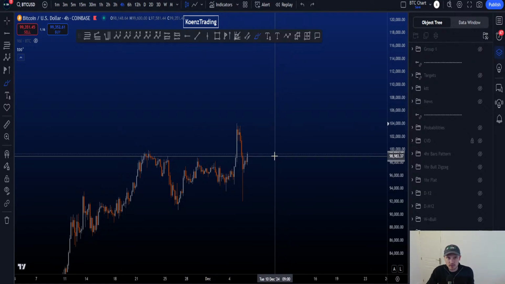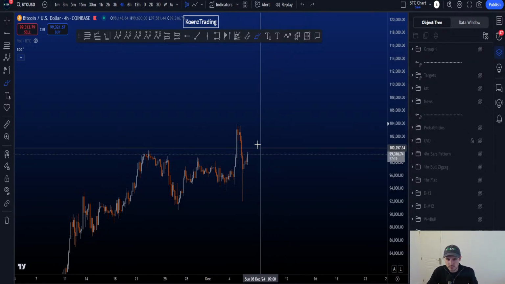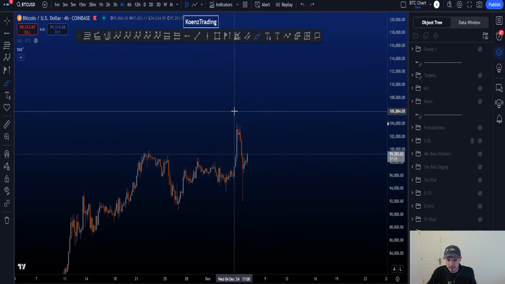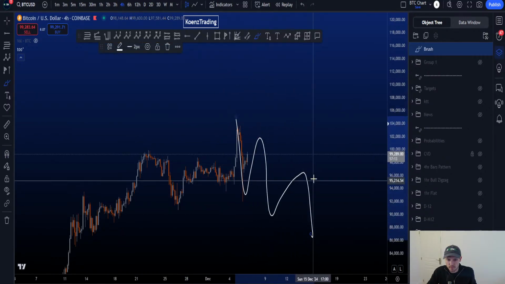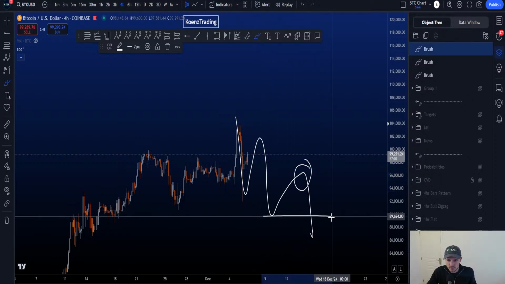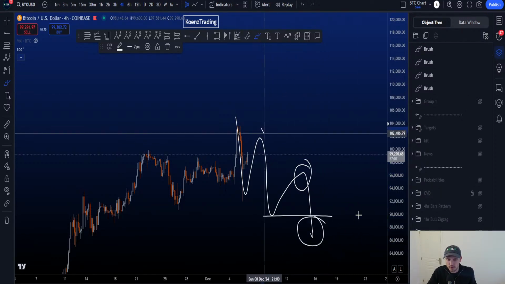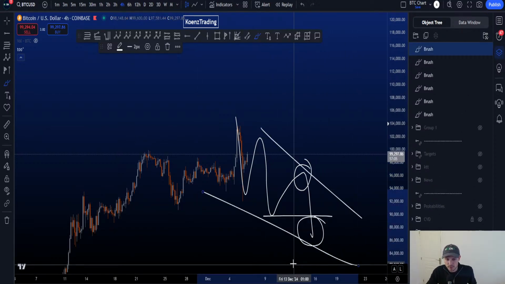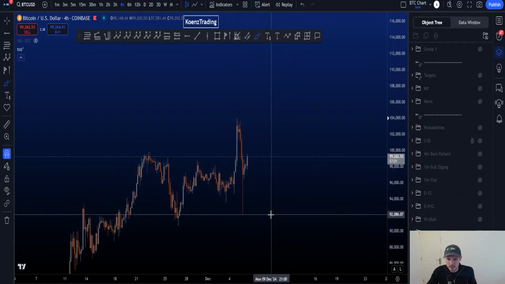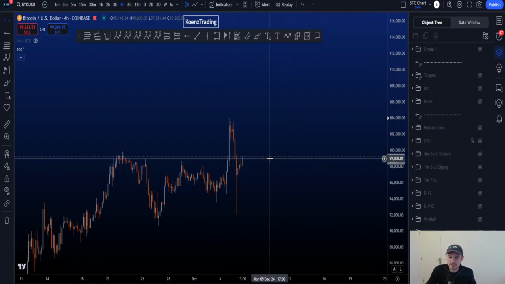I see a question from Rosie. What about a diagonal? It's too early. Diagonals will never have the highest probabilities in this case. You would need a 1, 2, 3, 4, 5. This is the moment where we start considering diagonals. Once you take the low here, this is the moment we really start to put it on the chart and give it probabilities. So at the moment, that is not a scenario that we can consider, as it doesn't add up to the probabilities of a corrective structure, right?